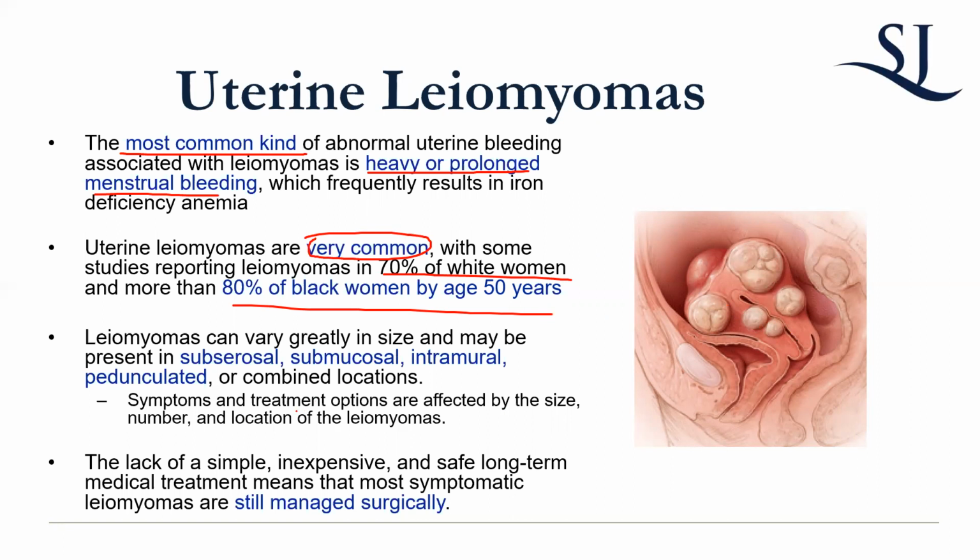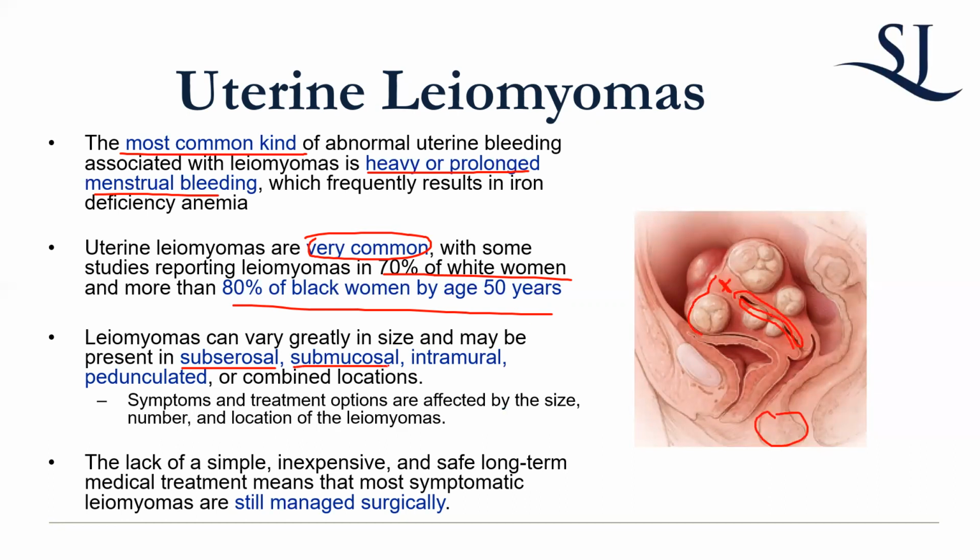They can be classified as subserosal, meaning that it's under the serosa, the outer part here, because you have your myometrial wall, which is here, and then the thin layer on the top is your serosa. Then you have your endometrial cavity itself, for which it could be fibroids as well. Fibroids could be anywhere, you know. You could have fibroids in the cervix, like this. You could have fibroids in the broad ligament, which are free. You could have fibroids really anywhere.